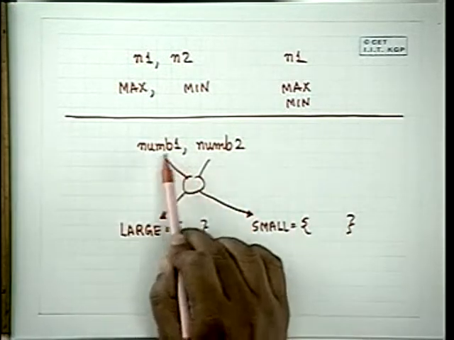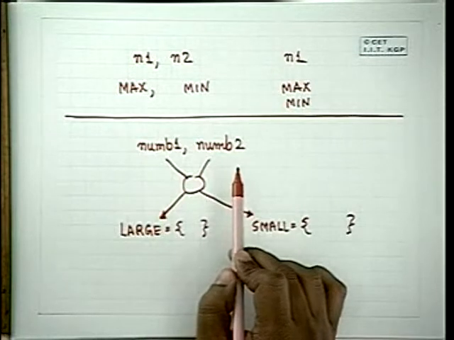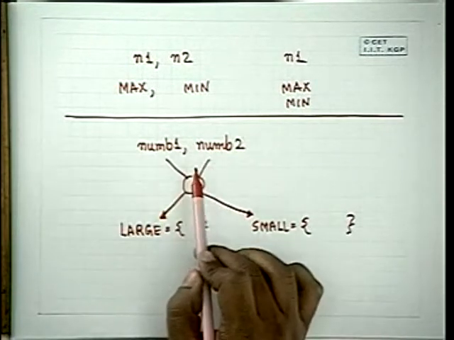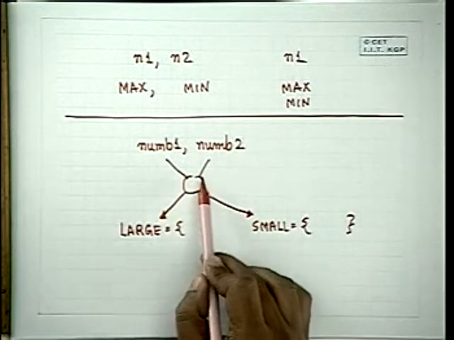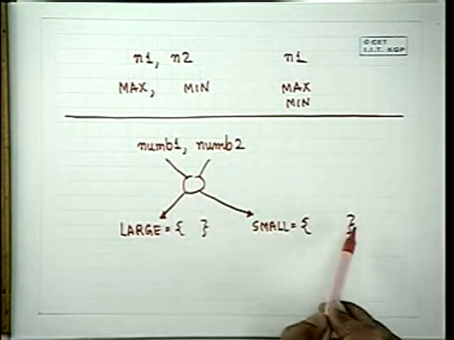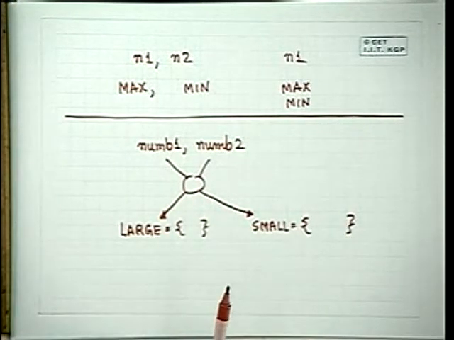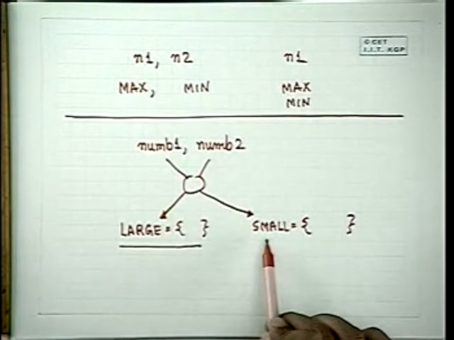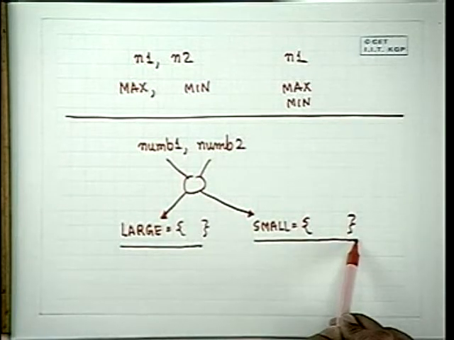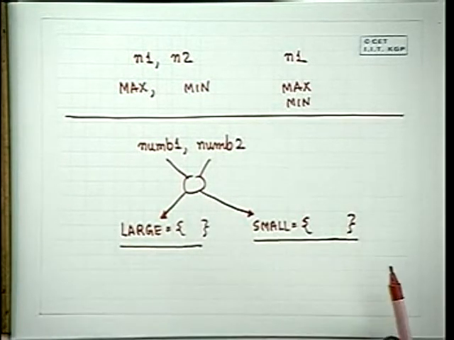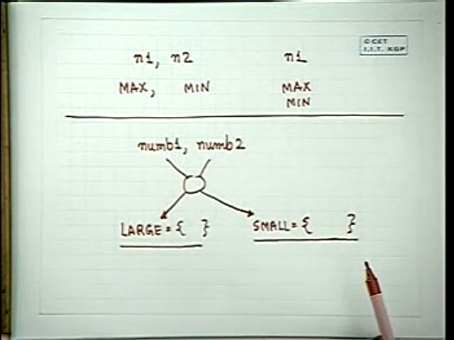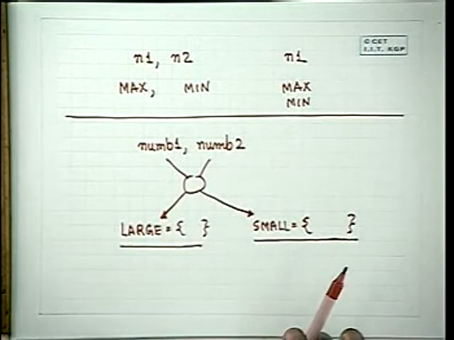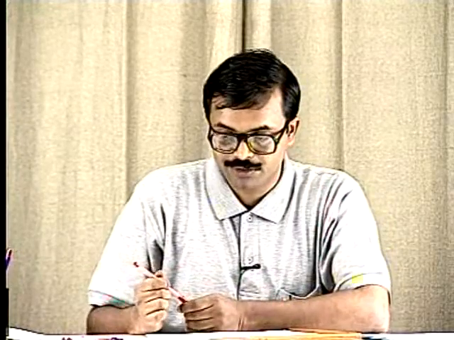You take the numbers pairwise, read them two at a time. Suppose it's even, read them two at a time, compare them. The winner you put in a set large, the loser you put in a set small. And then after you have read all the numbers, then find the maximum from this set large and find the minimum from this set small. So this is how you can easily convert it into code. Any questions out here? So let's see how the code will look like.